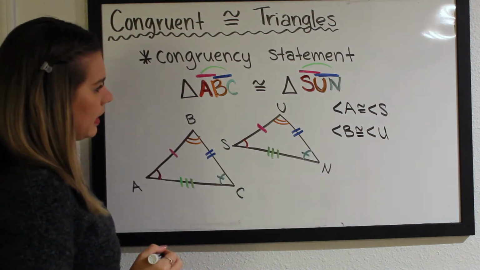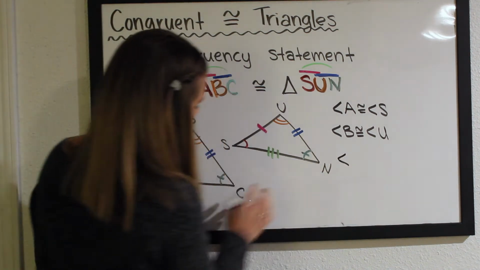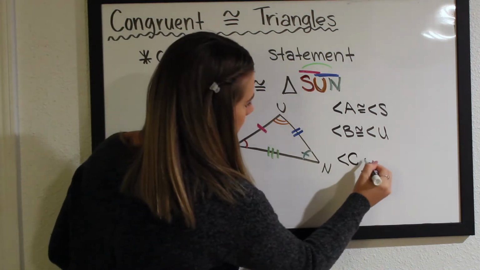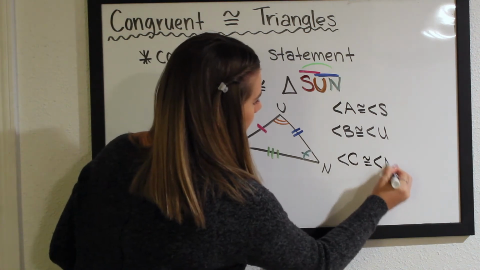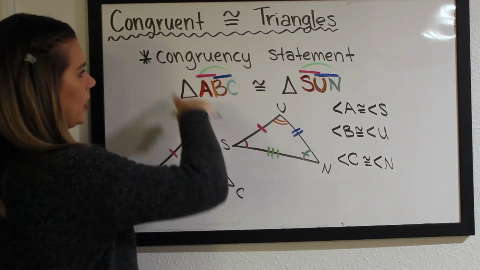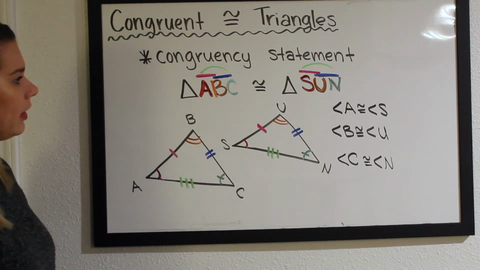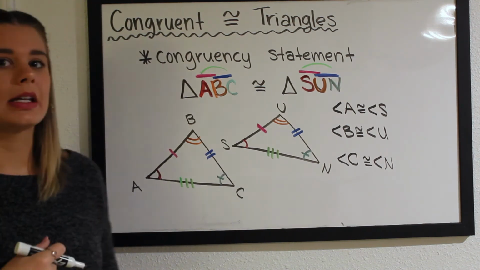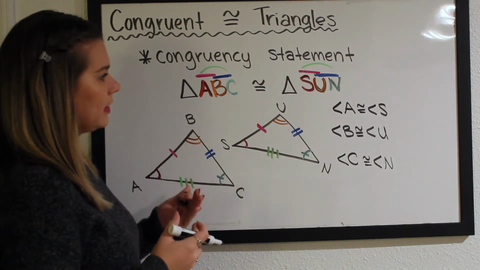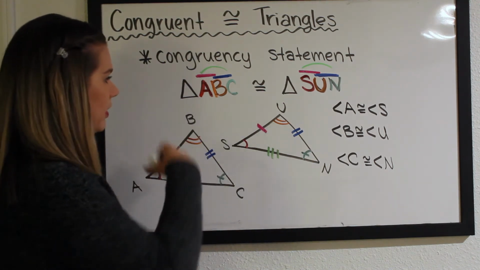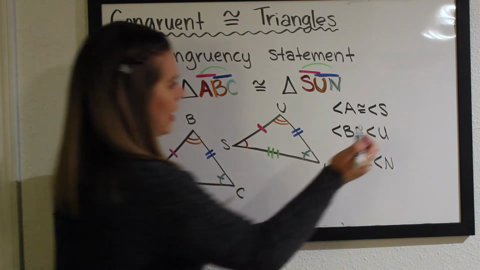Okay. And finally, angle C is congruent to angle N. And we got this all just from this one congruency statement. We can also tell our reader that our corresponding and congruent side lengths are congruent, right? So I can say that AB